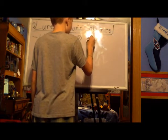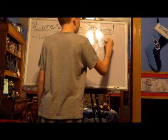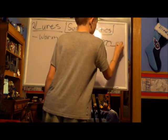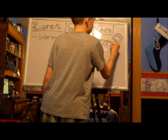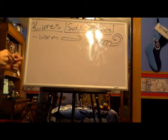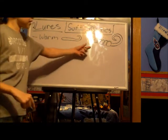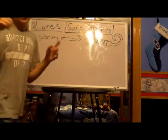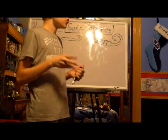These are the U-tails. They got a bunch of little circles on them, one more circle, and then a big old flashy tail right there. So this is just a regular old worm, and this is the U-tail. You can work them however you want, but there's 2 different ways you need to work these worms. Number 1